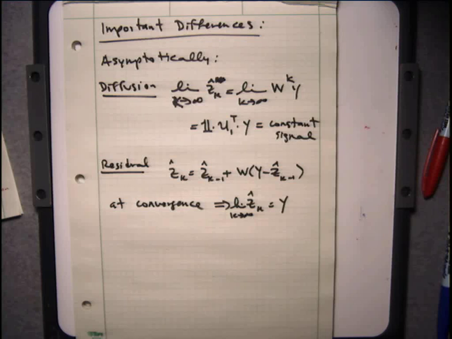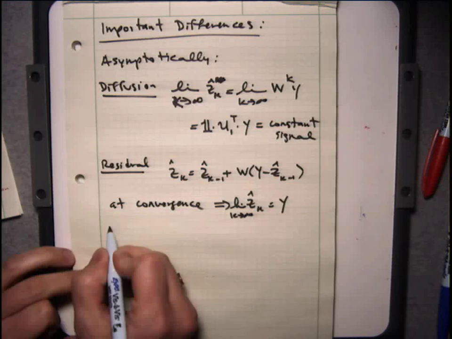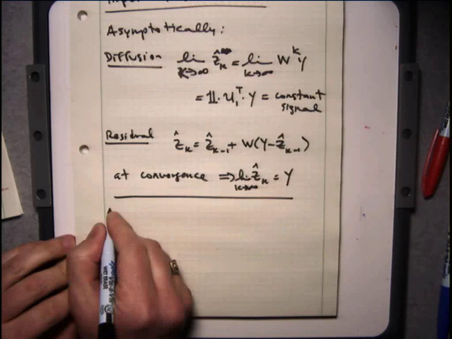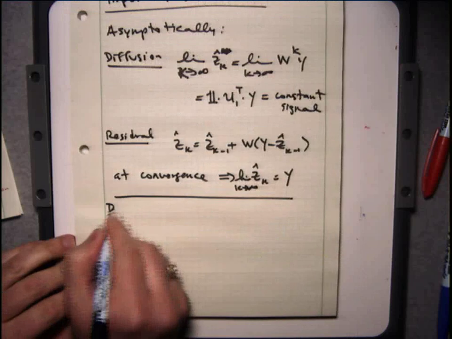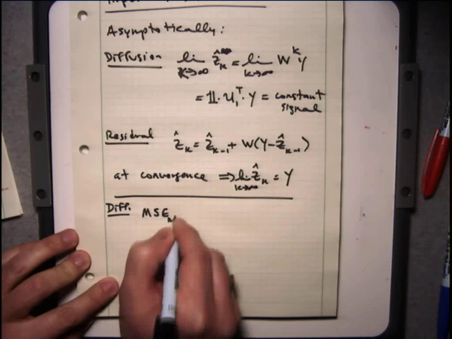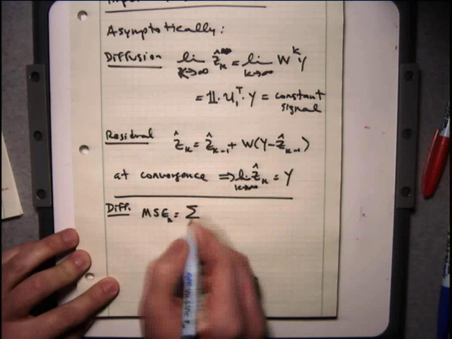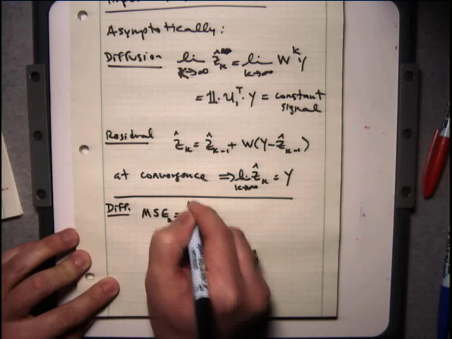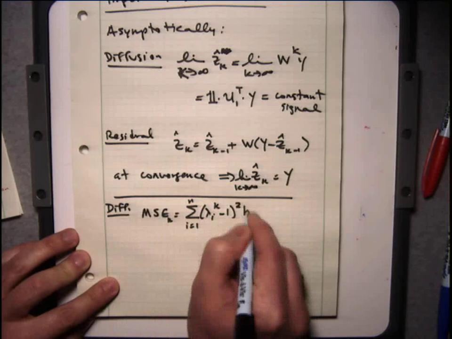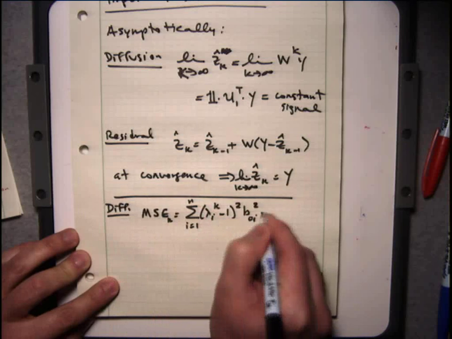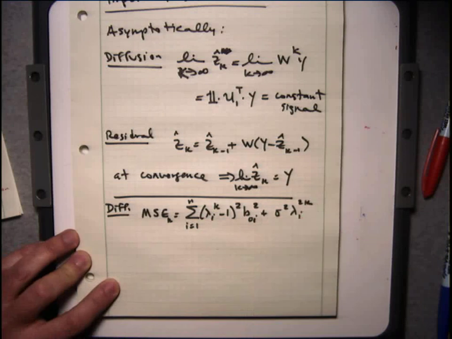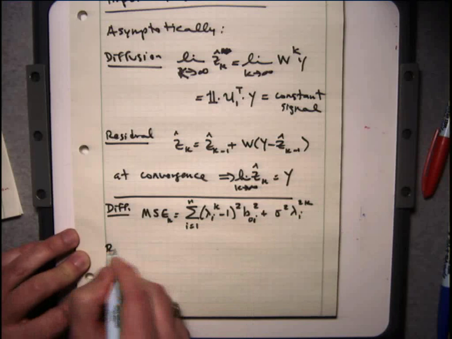Okay, so this is one difference. What about the mean squared error? So let's take the diffusion case. Let me just write down the mean squared error expression for k. Sum i equals 1 to n, (lambda_i^k minus 1) squared a0_i squared, plus sigma squared lambda_i^(2k). And for the residual iterations,